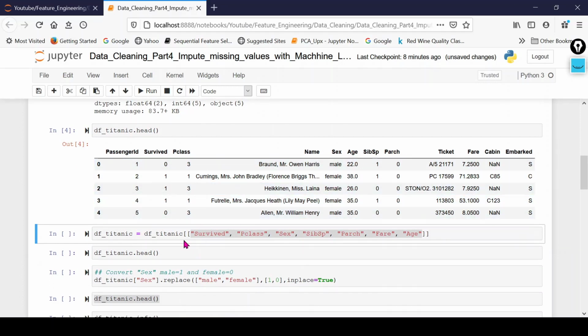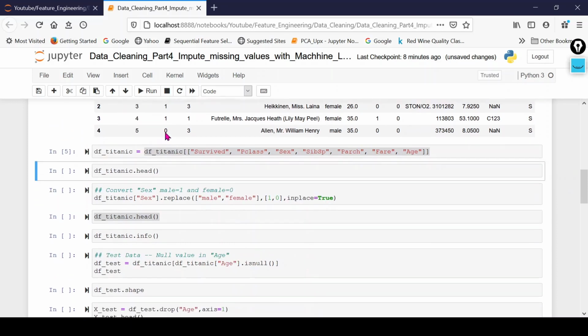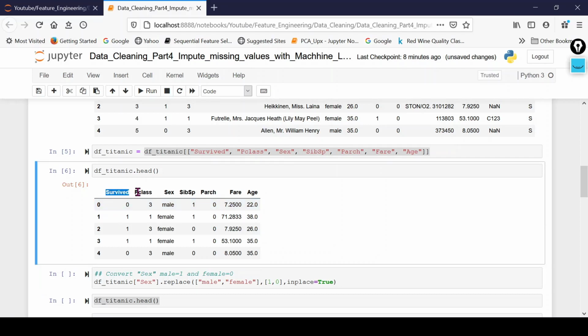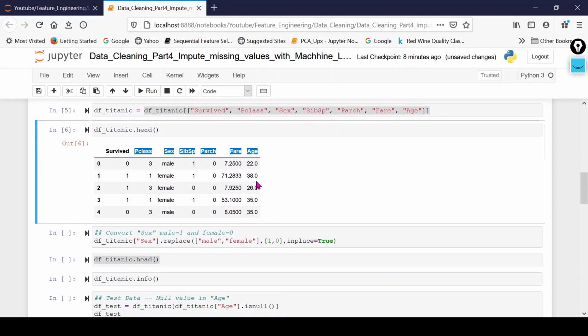So now first what we will do, we will use only those columns which are relevant for our machine learning modeling. So I am going to use these columns only. I am going to take one variable where I am going to use only these columns and prepare one data frame. So now this is your actual data frame which we will use. In this, survived is your label, it means output variable, and these all are your input variables. So let's check what we will do.